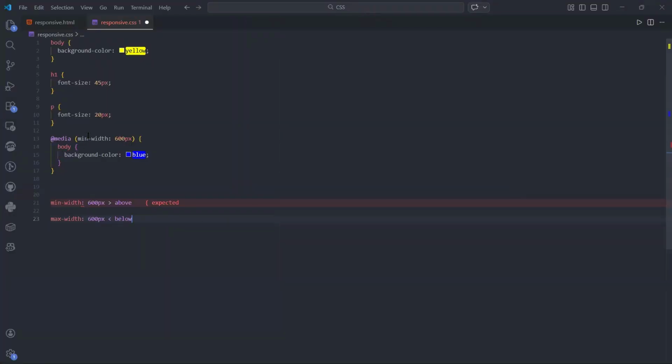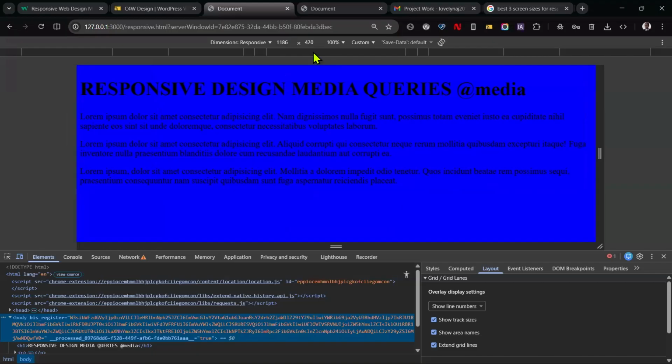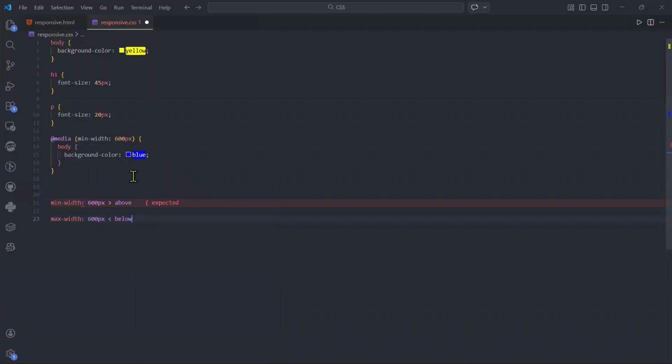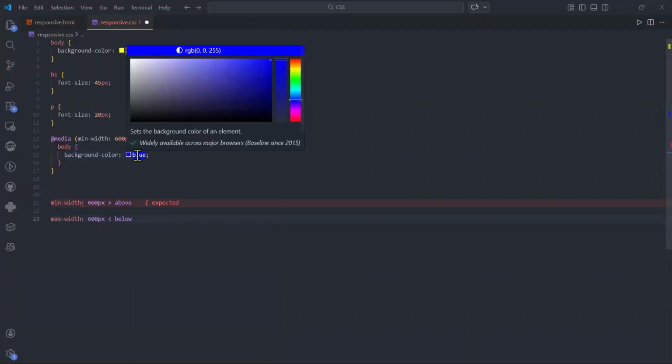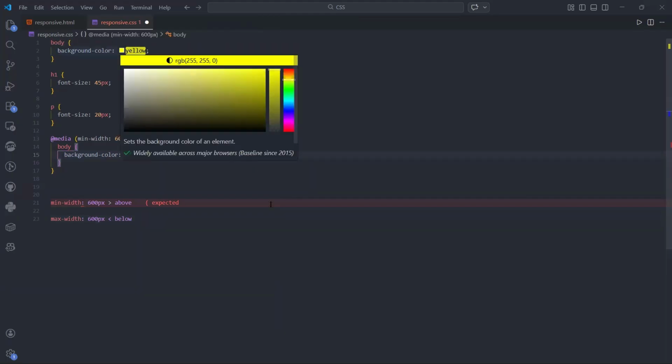607, it is above this, right? So when I say min-width 600 and above, 800 is above and it's still above. It is more. That's why it is still blue, right? And I set the color to blue, right? But initially, what is the color of the body? It was yellow,